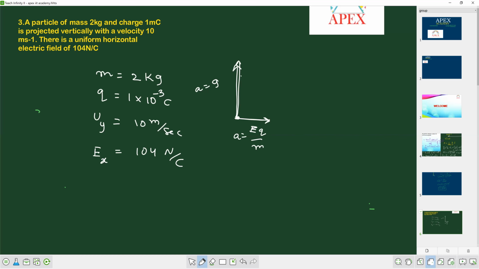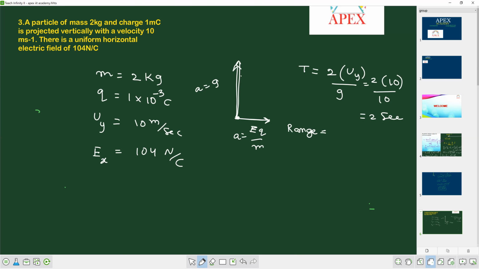First of all, to calculate time of flight, what is the general formula for time of flight? In general, it can be taken as 2 u sin theta by g. But here u sin theta means the y component only. So 2 u y by g. What is the y component of velocity given? 2 into 10 by 10. Totally how much time it will take? 2 seconds. So time of flight will be 2 seconds in this particular case. And the second one is about horizontal range.